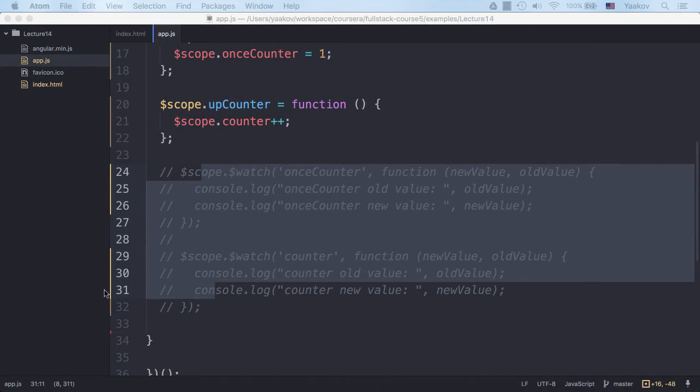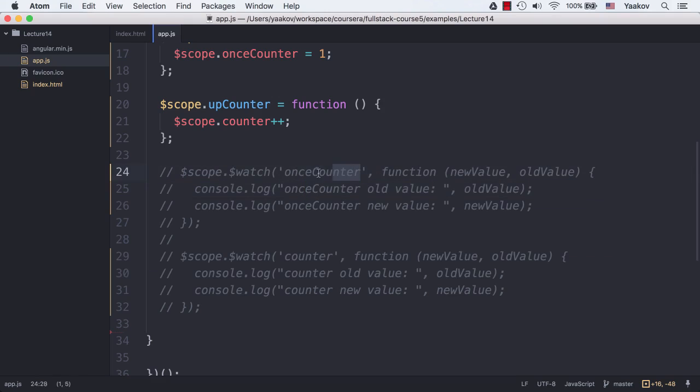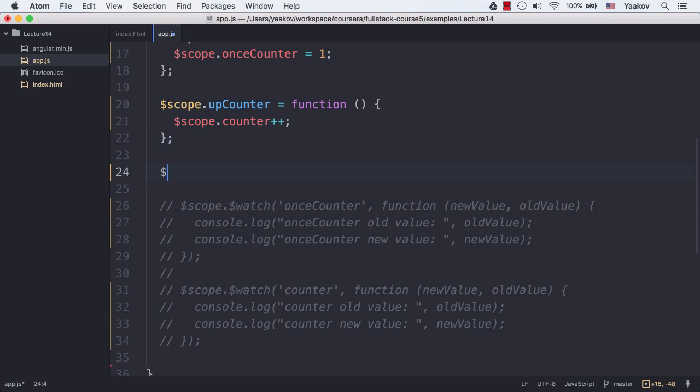Now, there's a really cool trick to tie into the digest loop and to see when it's actually getting executed. So far, all we've seen is how our watch is being executed. But what about the digest loop? Well, the way we could do it is the following. If we say